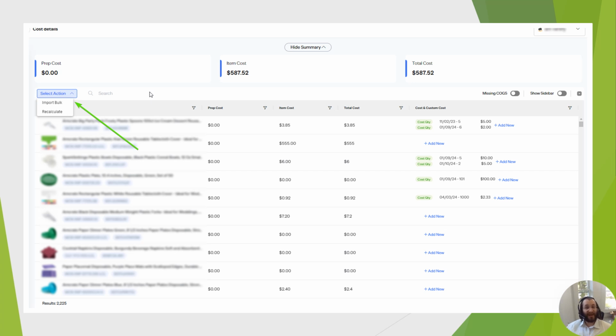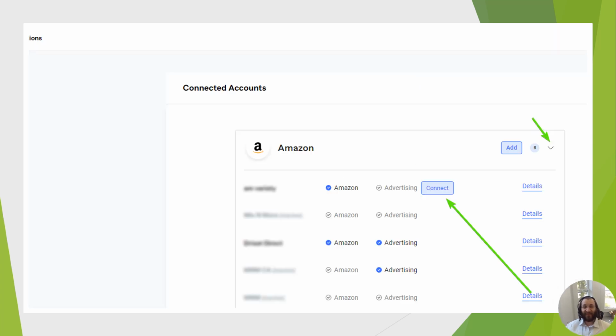By the way, if you're using Nineyard for your inventory management, your costs are being imported automatically from your POs. The next and last part of the setup is to connect your advertising, which is done by going to Settings, Integrations, expanding the Amazon accounts, and